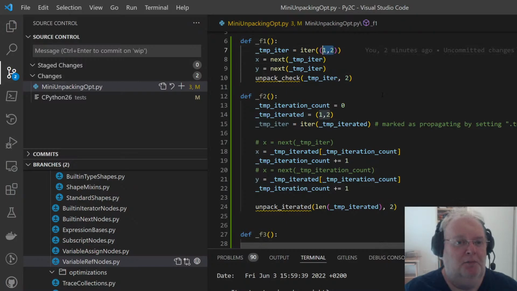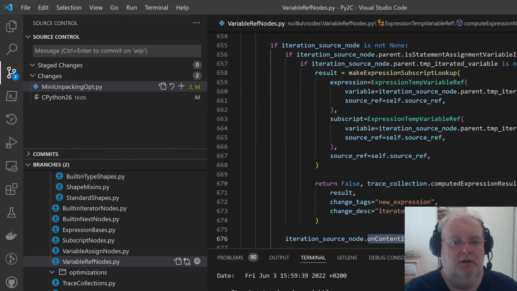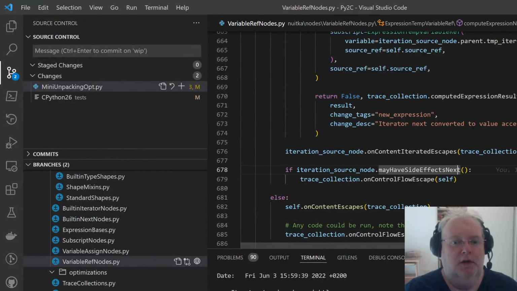We wouldn't know what happened to it, so maybe it gets changed. So it's actually annotating a loss of information. And this one is also new.